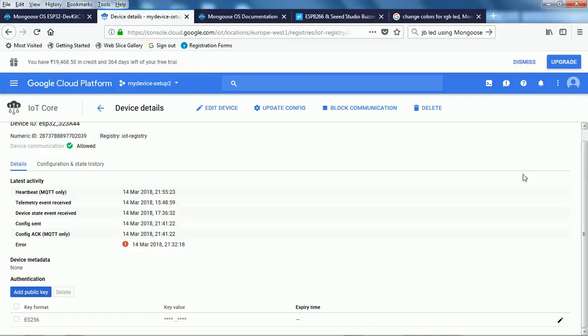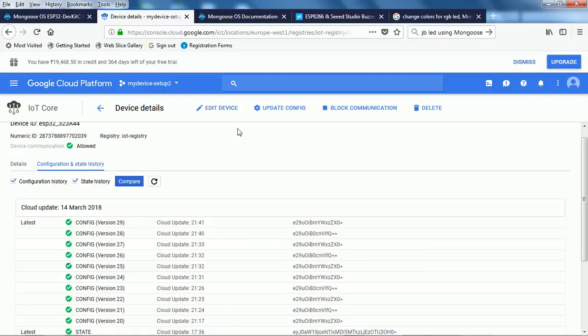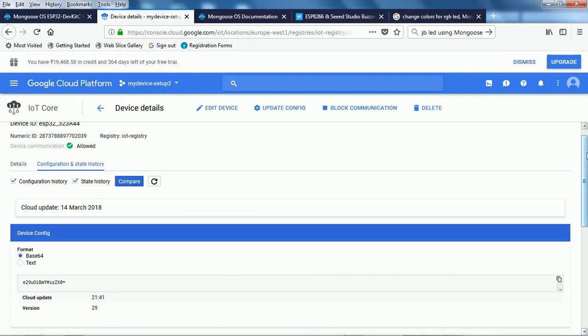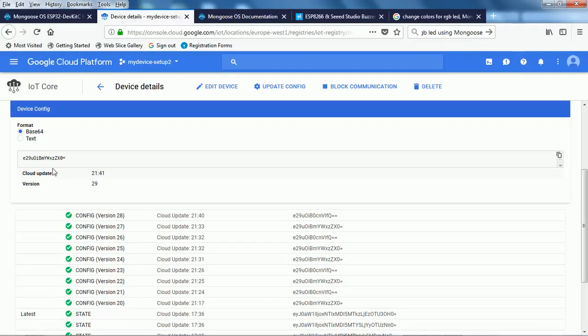When we go to the Google cloud console, that is the IoT console, console.cloud.google.com IoT, you can see that some time back I executed this. Either I could have done true or false. Obviously the last one is false, so the on value is false.